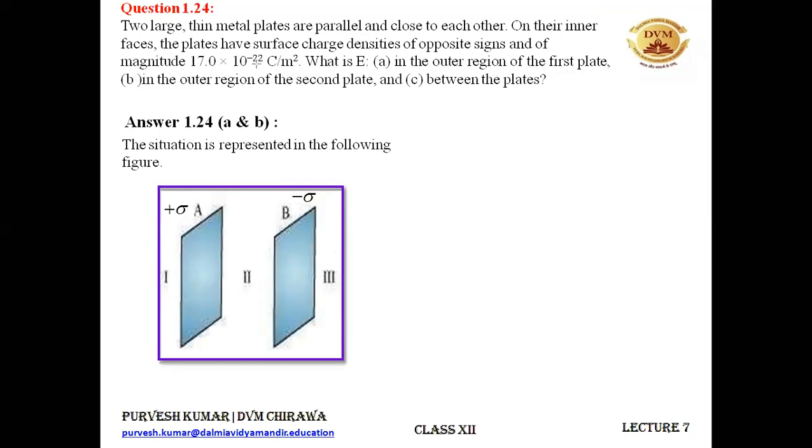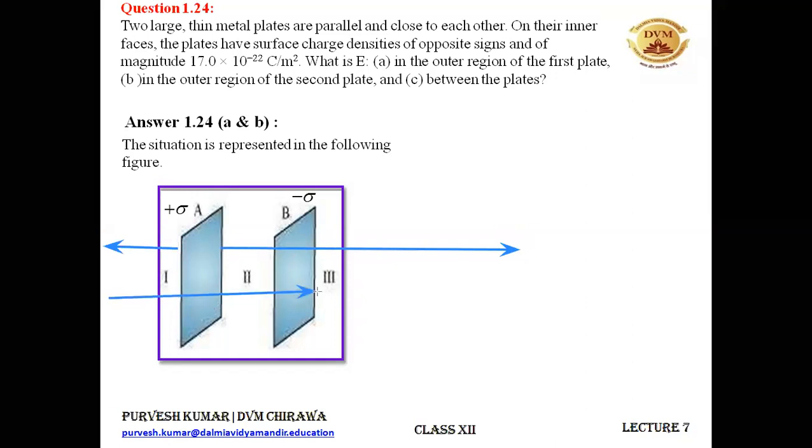So see this thing, the electric field because of plus sigma, that is because of sheet A, is away from it like this. This is the direction of the electric field, away from it. This is your E1. The electric field because of minus sigma will be going towards it. It will be like this, and from this side it will be going towards this, like this. All right. So in region 1, we have two equal and opposite electric fields, which are cancelling each other. Similarly, in region 3, we have two equal and opposite electric fields, one on this side, one on this side.